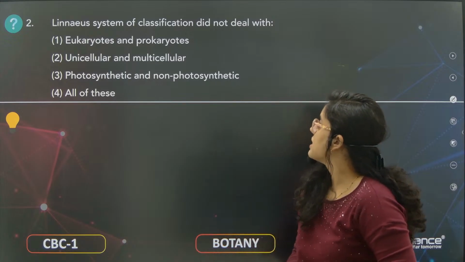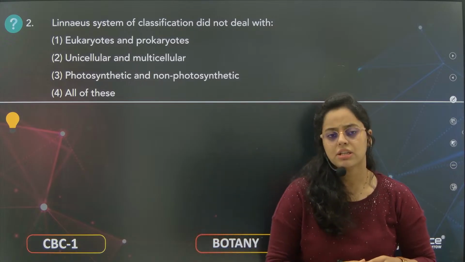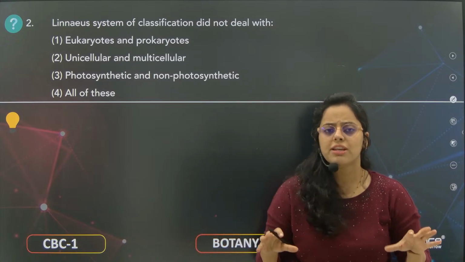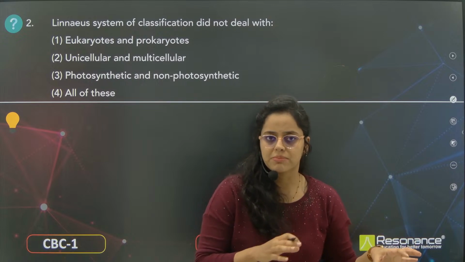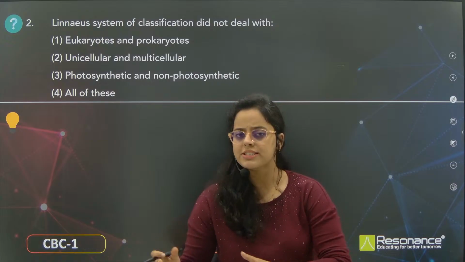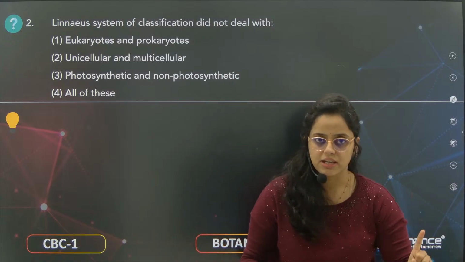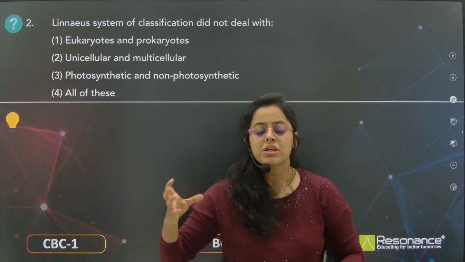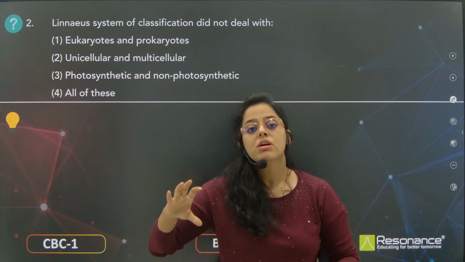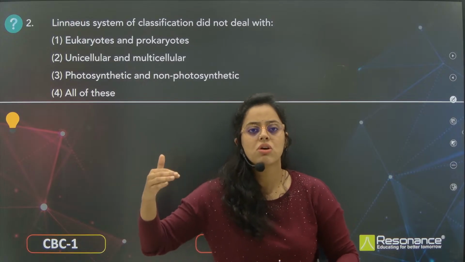Linnaeus' system of classification did not deal with. So Linnaeus has classified organisms broadly similar to Aristotle, like plants and animals. He hasn't classified unicellular organism or multicellular organism. Unicellular organism means the organism which is made up of one cell. And what about multicellular organism? The organism which is made up of multiple cells, multiple levels are present, like tissue, organ or organ system is